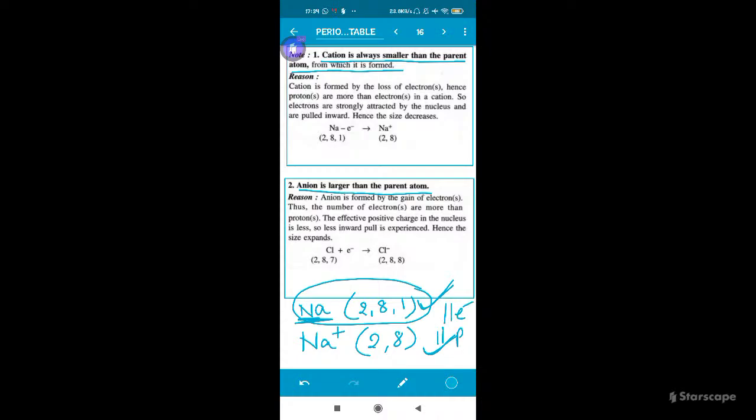So there is a balance between the electrons and the protons. The positive charge and the negative charge are equal. But what happens in the case of the sodium ion? There are 11 protons but only 10 electrons. So which has a higher ability over here? Obviously the protons. And the protons, due to their positive charge, will pull the electrons